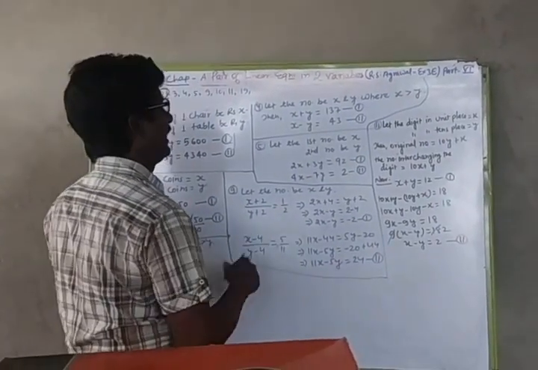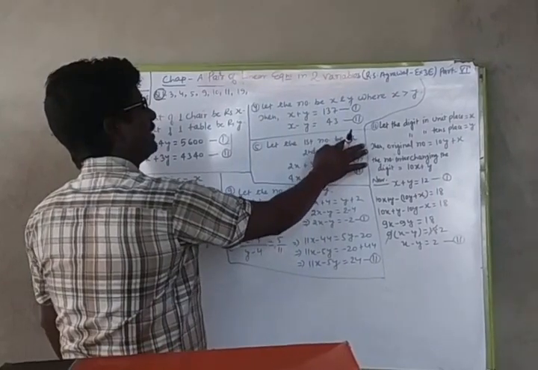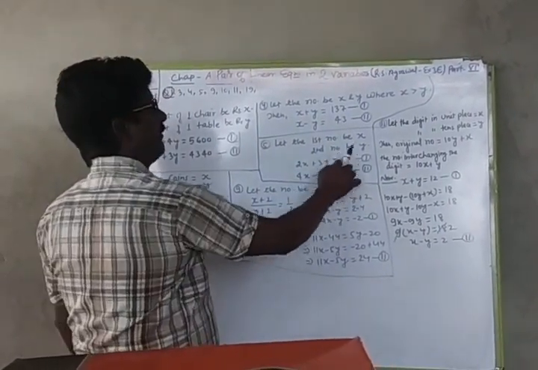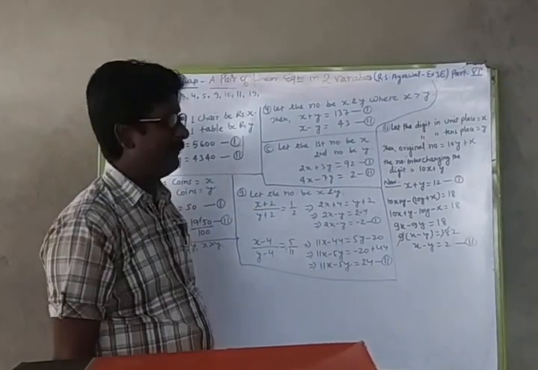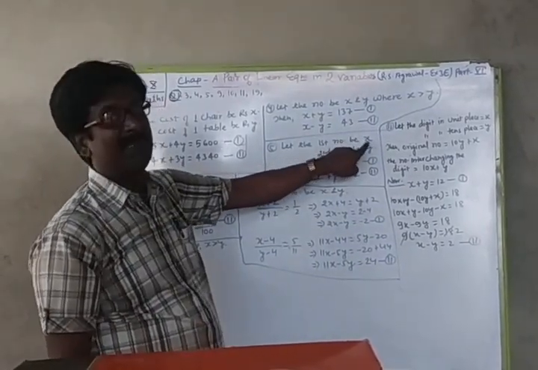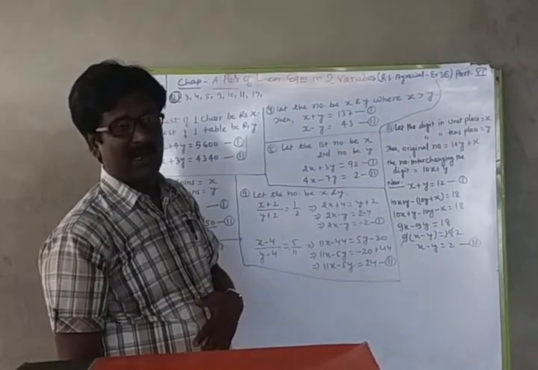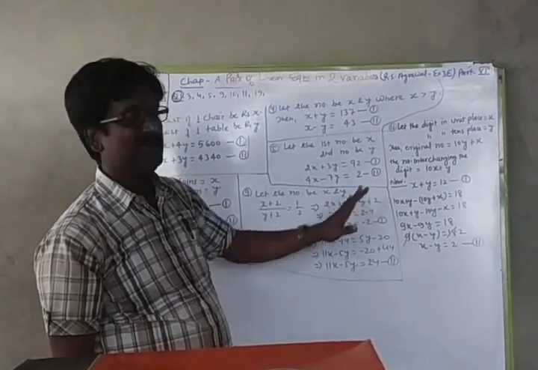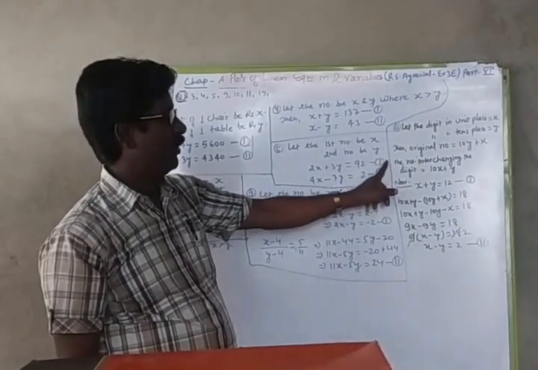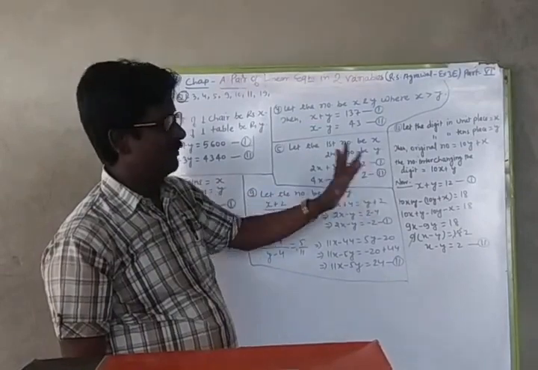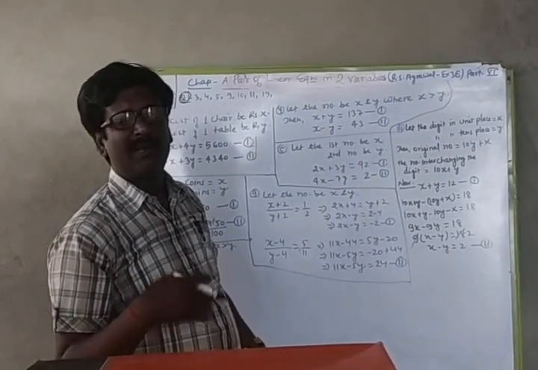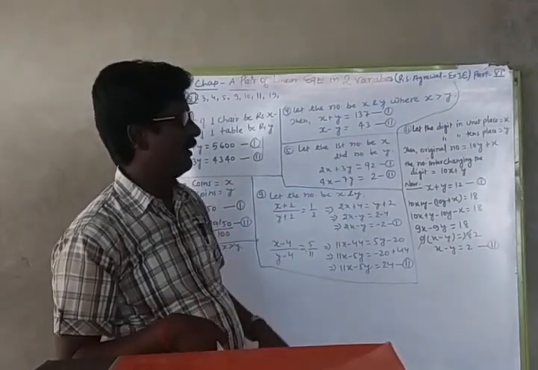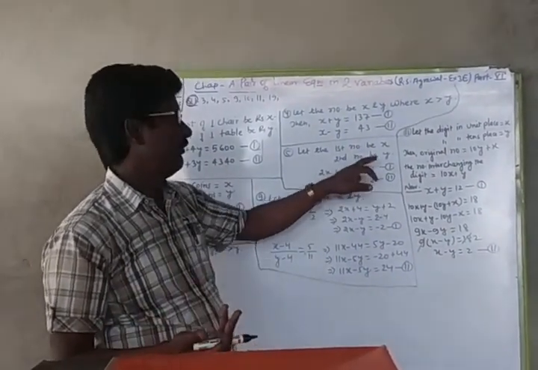And once again, the second case is given: 4 times the first number x is greater than 7 times the second number by 2. It means if 4 times the first number is greater than 7 times the second number, I have written 4x minus 7y is equal to 2. This is the second equation, and this way I have got two equations. Once again we have to solve these equations, and when we solve, we'll get the value of x and y. What the value of x comes to will be the first number, and what the value of y comes to will be the second number.